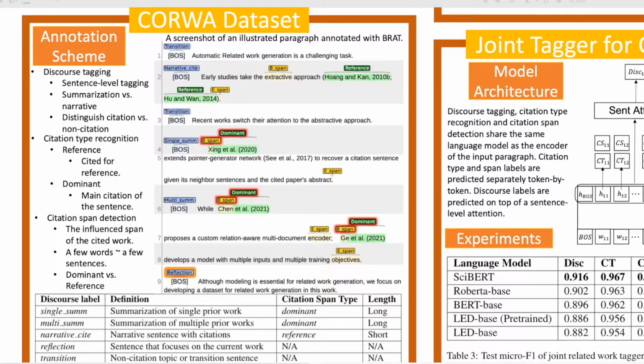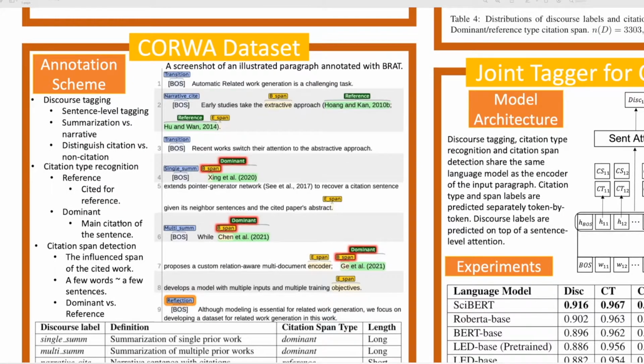Usually, summarization sentences contain a dominant citation, and narrative sentences only contain reference type citations. We also annotate the span of each cited work. This span can be as short as a few words or as long as a few sentences for dominant type citations.